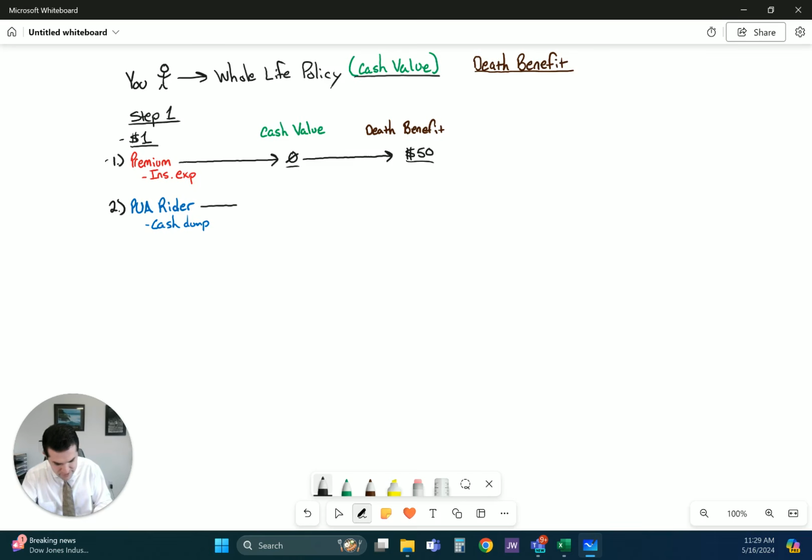All right. Next, money you pay into that paid up additions rider, the cash dump in. Why I call it a cash dump in is because money you pay here is dumped into cash value. Now, if you paid $1 here, you would not see that full dollar show up in cash value in the first year. Usually, you'll see somewhere between 90 and 95 cents of the dollar in the first year cash value,